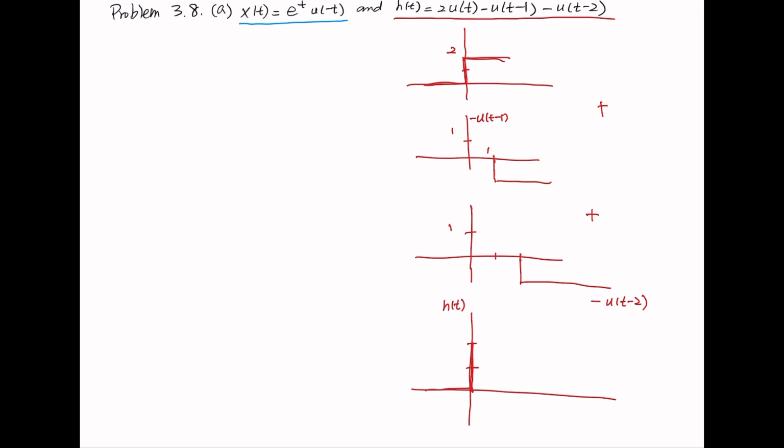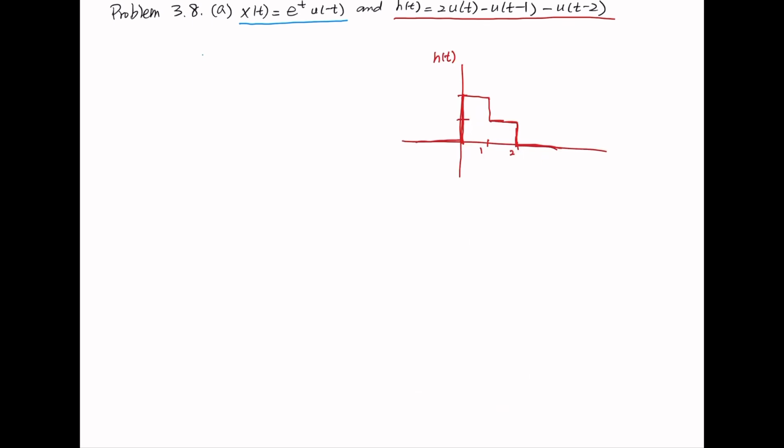So basically we're going to add these three. We'll have 2, and it stays 2 until we hit 1. Once we hit 1, we subtract 1. It comes down by 1, and then after 2 we subtract another 1,